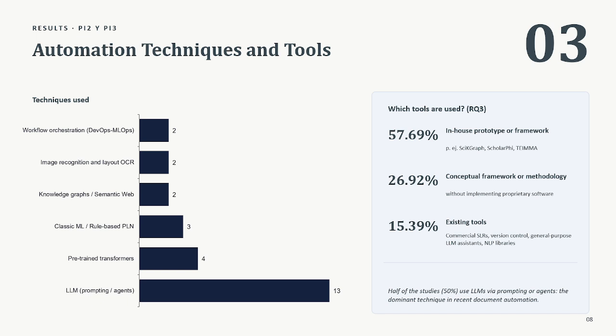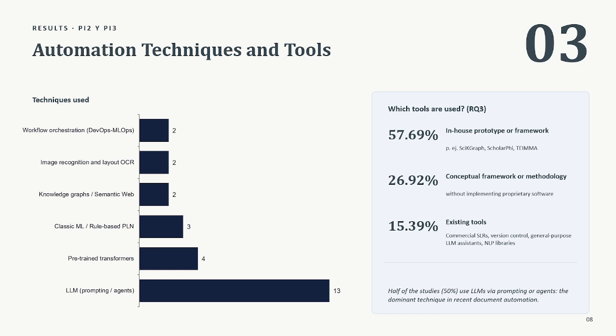For research questions 2 and 3, LLMs through prompting or agent-based strategies dominate the corpus, appearing in 13 out of 26 studies, that is 50%. Pre-trained transformers follow with 4 studies. Regarding tools, 57.69% of studies developed custom in-house prototypes such as SciKgraph or ScholarPhi, while only 15.39% relied on existing commercial or